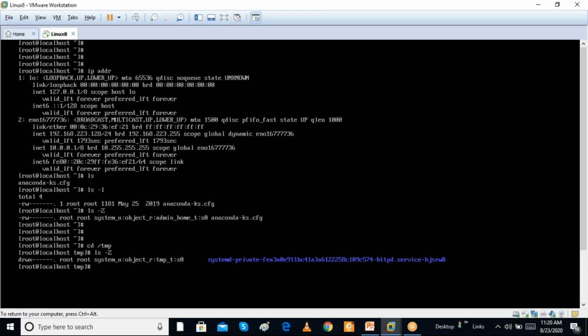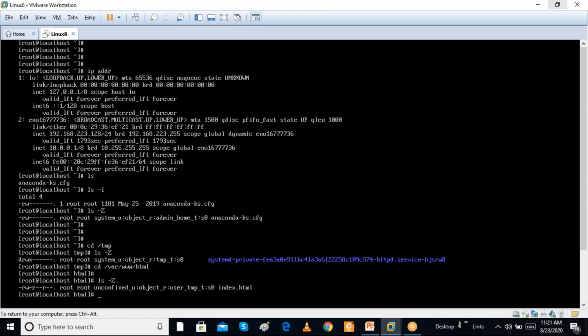When we go to the web server folder, www, the security context is different. I am going to explain why we are using this security context.